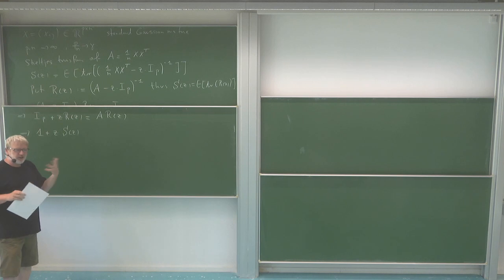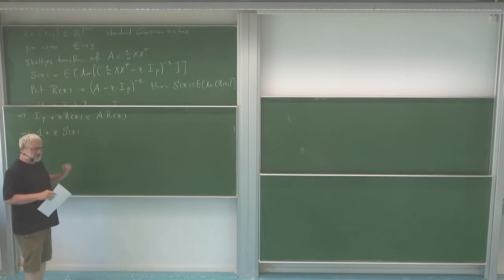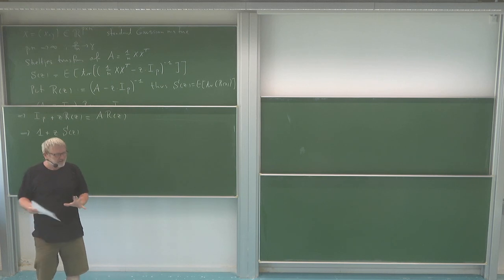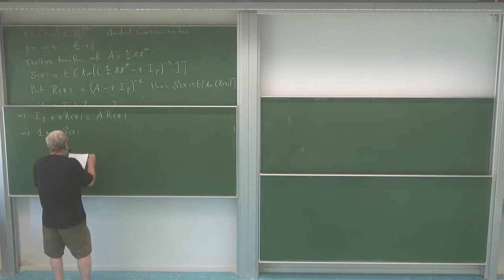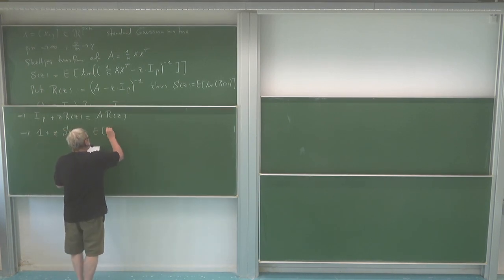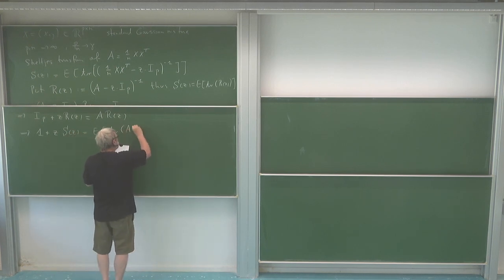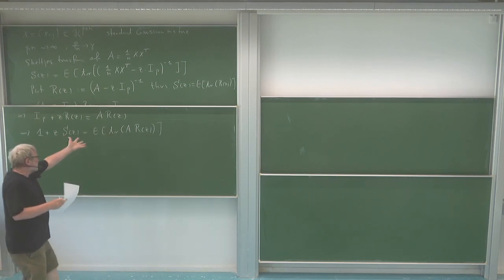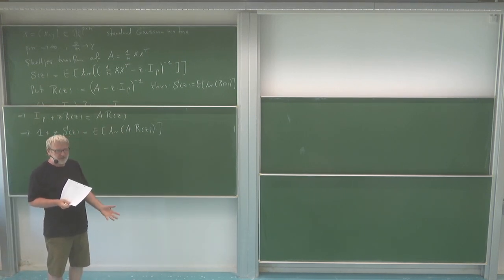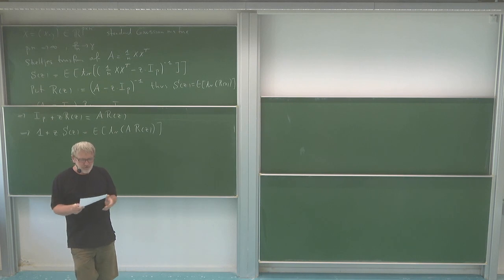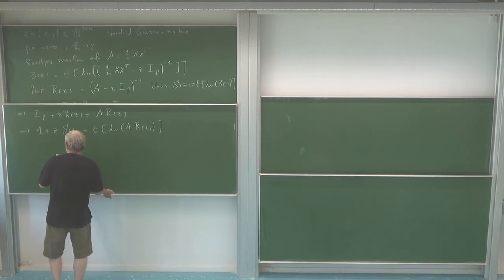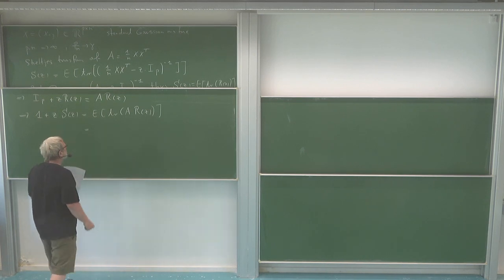And maybe you remember that our equations were always of the form 1 plus Z times the Stieltjes transform, and then it was a mess on the other side. And now you see, the mess on the other side is somehow finding out what this thing is doing. But in principle, what I have here is the expectation of the trace of A times R of Z. Okay, and of course this is not directly clear how this is related to the Stieltjes transform. Without the A it would be the Stieltjes transform, but multiplying with this A, this is something which we have to control.